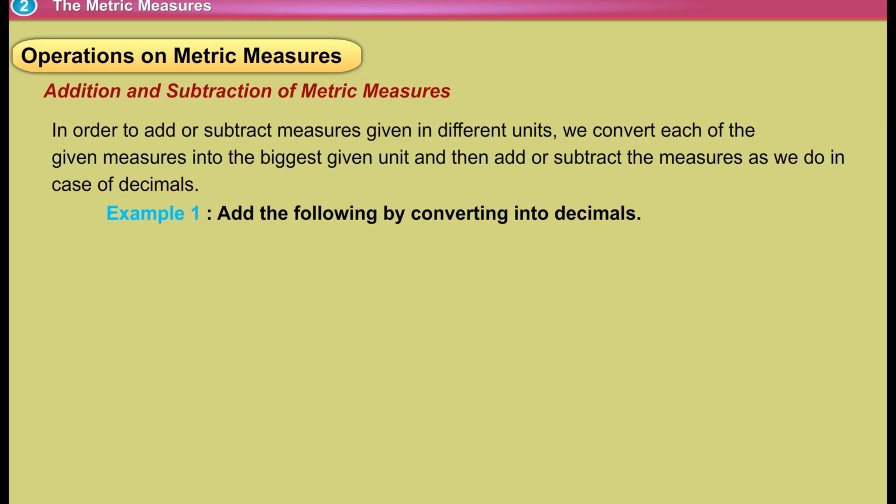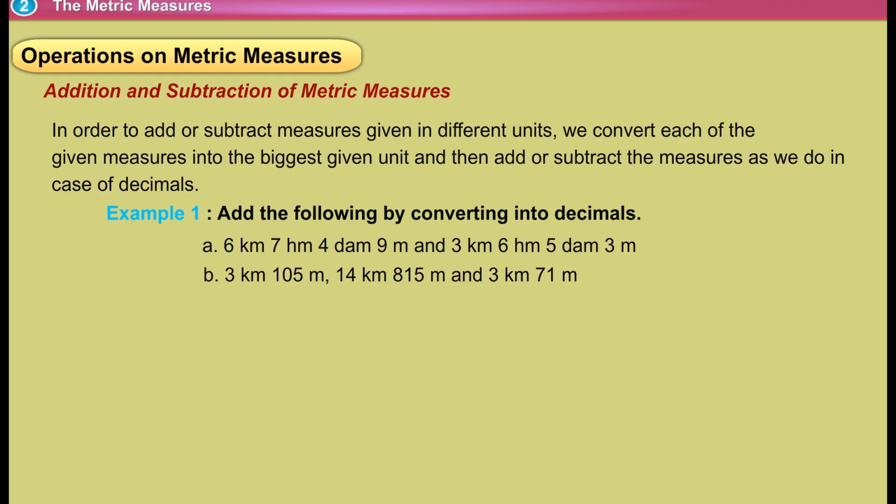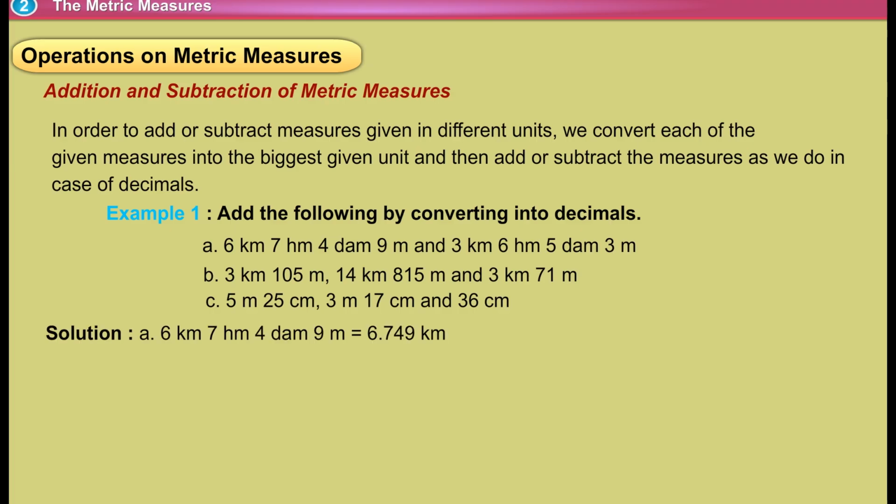Example 1. Add the following by converting into decimals. A. 6 kilometers 7 hectometers 4 decameters 9 meters and 3 kilometers 6 hectometers 5 decameters 3 meters. B. 3 kilometers 105 meters, 14 kilometers 815 meters and 3 kilometers 71 meters. C. 5 meters 25 centimeters, 3 meters 17 centimeters and 36 centimeters. Solution: